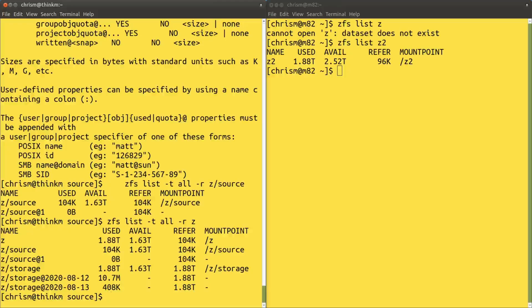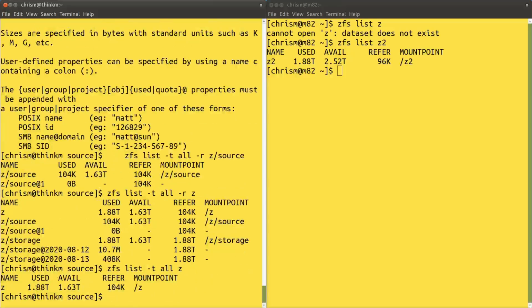For whatever reason, I think I don't quite understand this. I would expect that if I was just listing stuff that is in Z, that I wouldn't need to pass this -R flag. Maybe that makes sense. I guess that makes sense because it really is a descendant of the thing. Anyway, I'm talking to myself now. But in any case, on this machine, you can see that we have